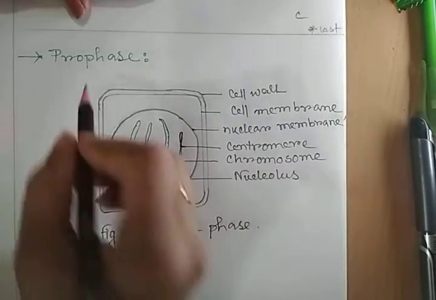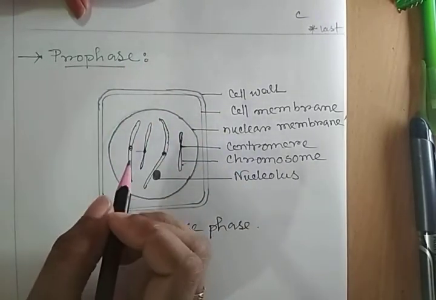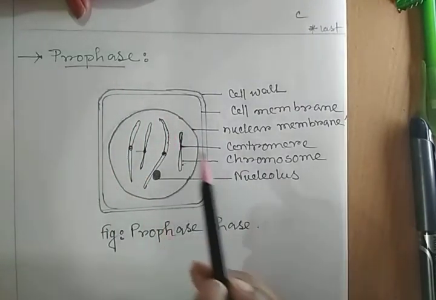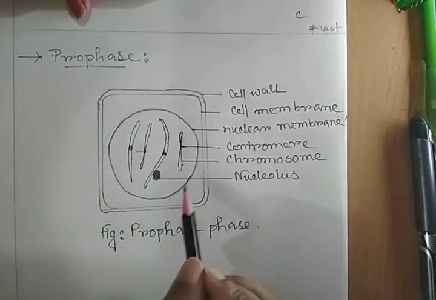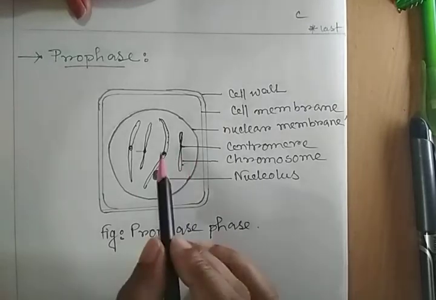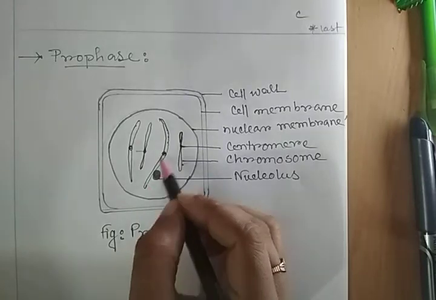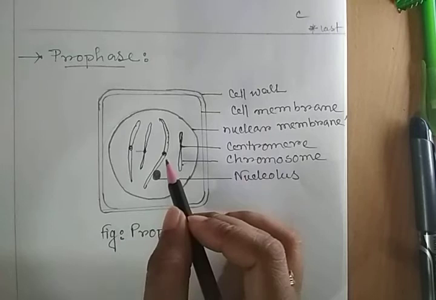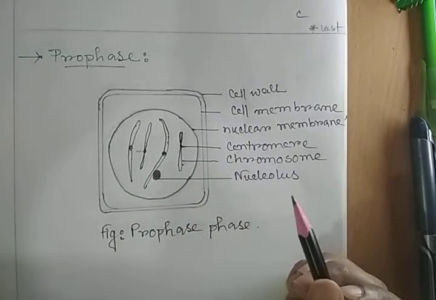This is prophase. Prophase is the first stage of mitosis. In this stage, a prominent nucleus becomes visible because during interphase, the nuclear material, that means genetic material, becomes double. Chromatin fibers, that means chromosomes, start water reduction, so that they become shorter and thicker. At this stage, chromosomes can be visible with a compound microscope.